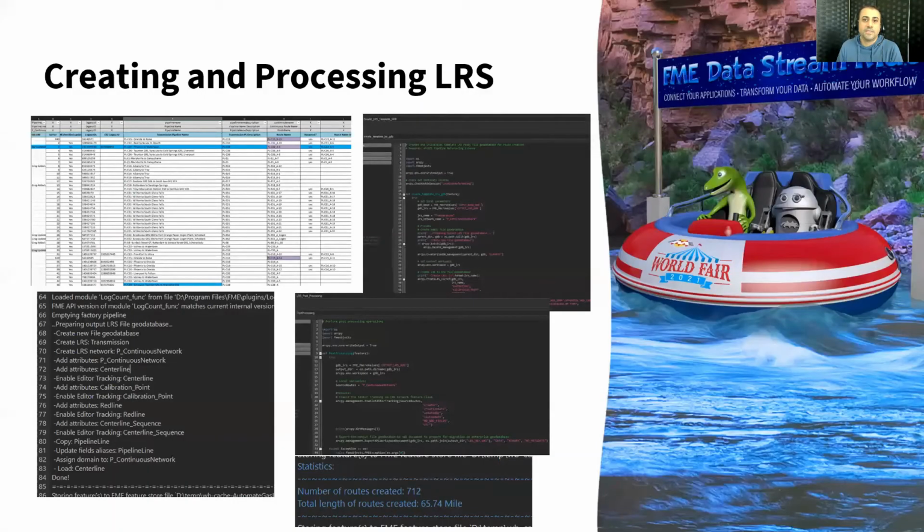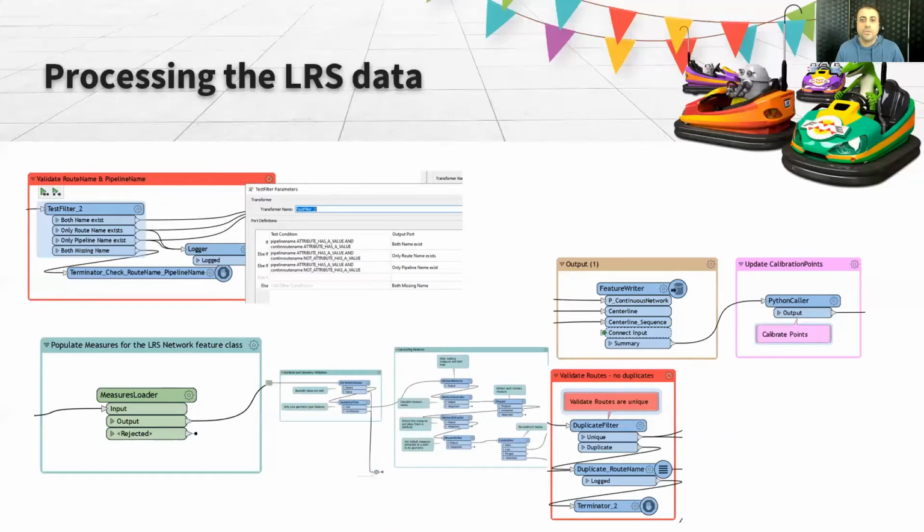So at a glance, you can see at the top left the source master spreadsheet along with the Python code used, and you can log the output of the Python code in the log window in the workspace to track the progress. Also, there are statistics of the resulting network created. Also, inside the workspace, there are several validation stops to ensure the quality of the result